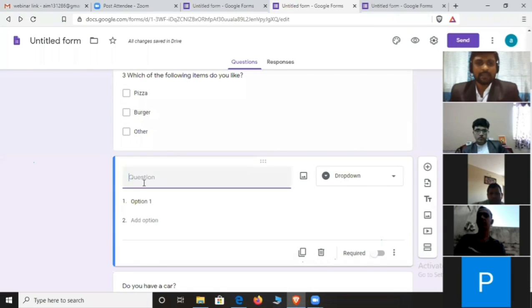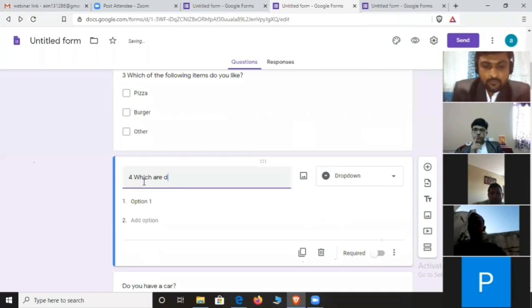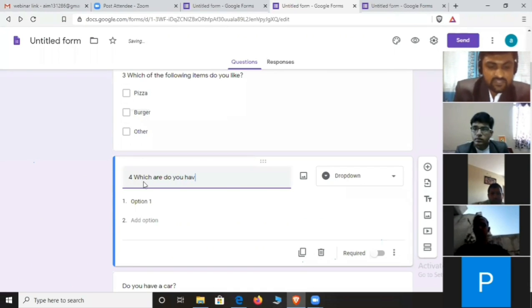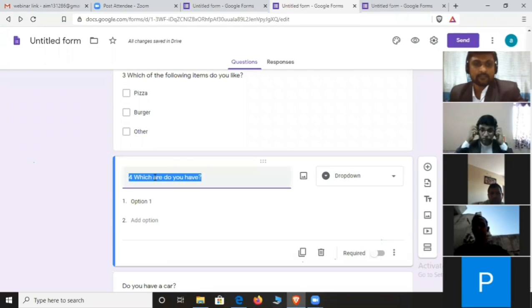Okay, now here suppose I type another question, question number 4. Which car do you have? Suppose this is my question. Which car do you have? Now first, which company's car do you have?